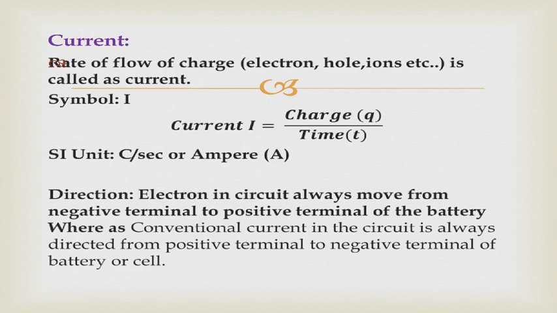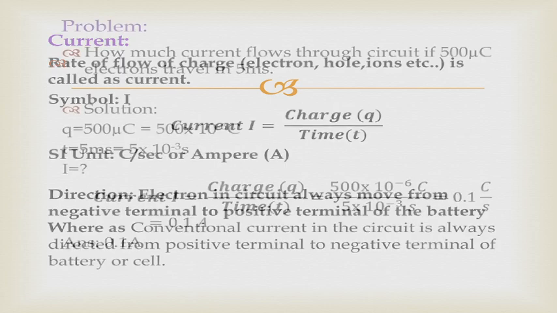Now as we see the polarity of electric potential, current has a particular conventional direction. The flow of electrons in the circuit represents the direction of charge carriers, whereas the direction of current is opposite to the flow of electrons. Hence it is called conventional current. So generally in the circuit, when we show the direction of current, it is from the positive terminal to the negative terminal of the battery.